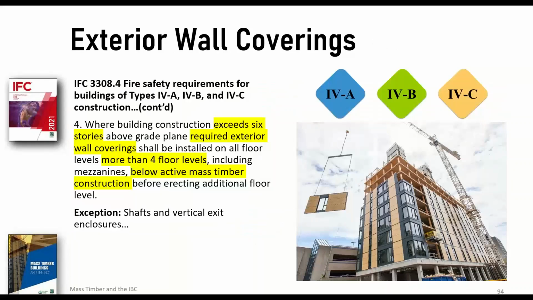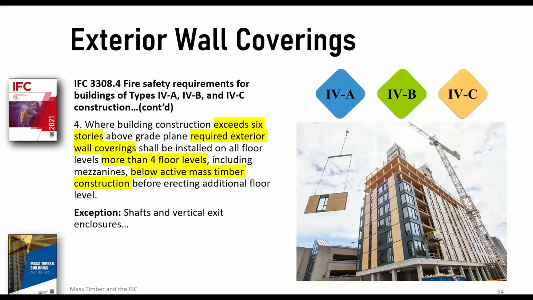So Paul talked a little bit about exterior wall coverings. During the TWB study of tall wood buildings and their subsequent deliberations, the Grenfell Towers fire occurred. And this is not a picture of Grenfell Towers. Grenfell Towers was a type 1 building. And in 2017, a fire occurred. It killed 72 people. The fire started on the 4th floor and quickly spread outside the building to the exterior